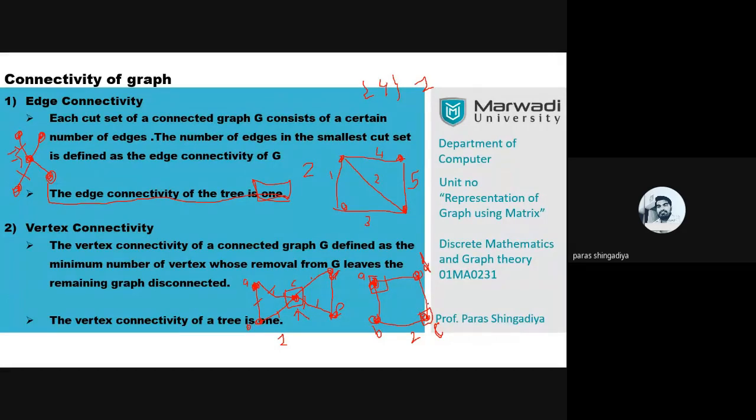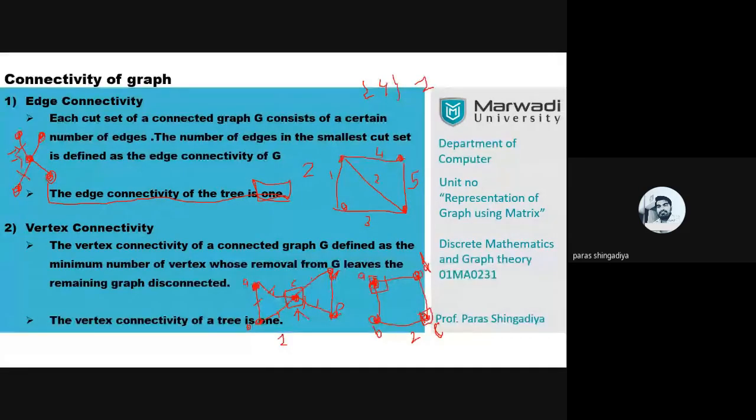Now think about the second graph. Can we make the graph into two partitions by removing a single vertex? No, that is not possible. Why? If we remove only A from the graph, what will be the remaining graph? It includes 3 vertices, and it is still connected, with only one part. Remove only D, and the remaining graph ABC is still connected. There is no two partition.